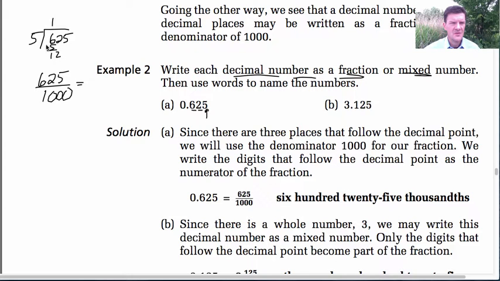Bring down the 2. 5 goes to 12 2 times. That's a 10. Subtract. Bring down the 5. That's going to be 5. So 125. So if I take 125 and divide by 5,